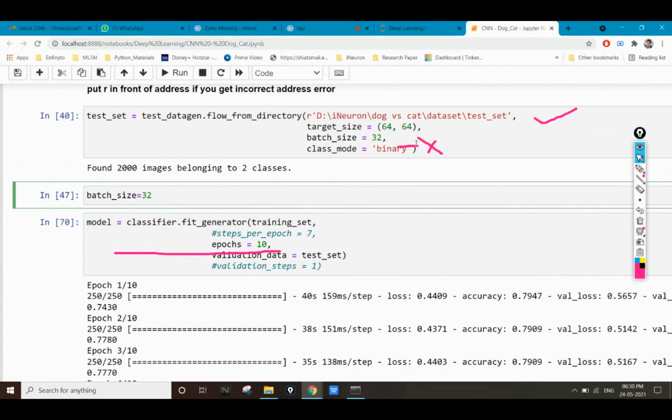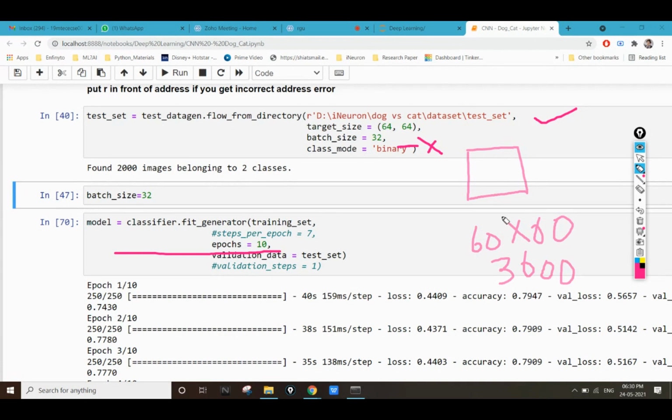The batch size is nothing but how many values you want to provide in one single step. We have seen that if our output array is 60 cross 60, we have 3,600 values. You can provide all the 3,600 values in one single go, but if you want your system to run properly, this will create a hell of a lot of data. So we don't provide all these 3,600 values at once.